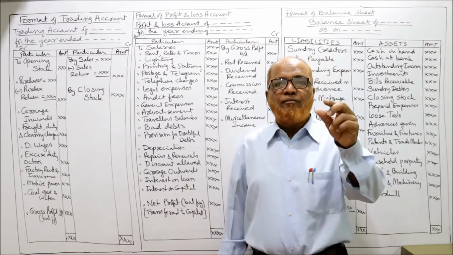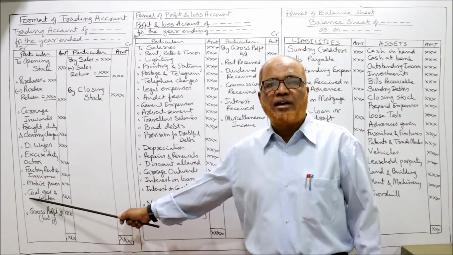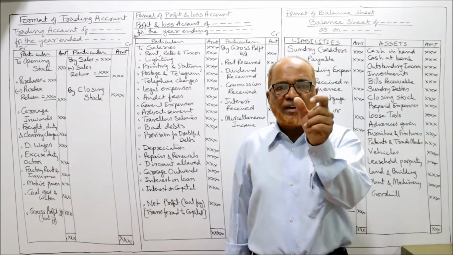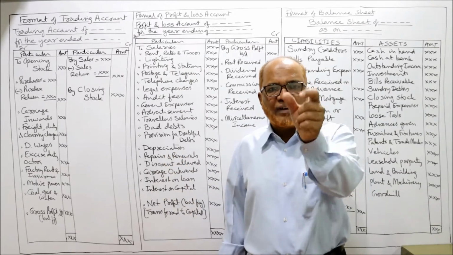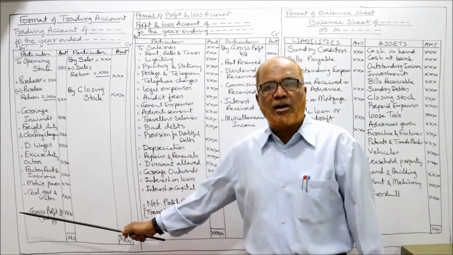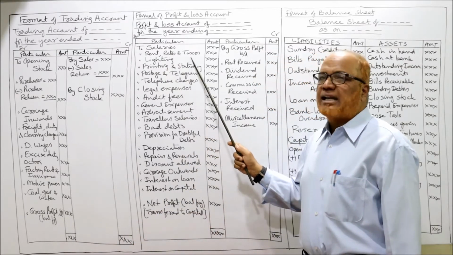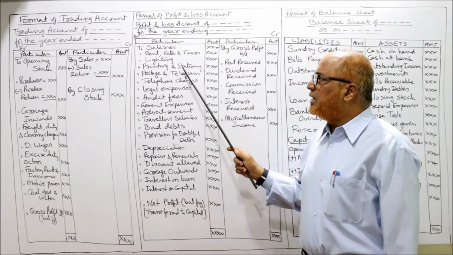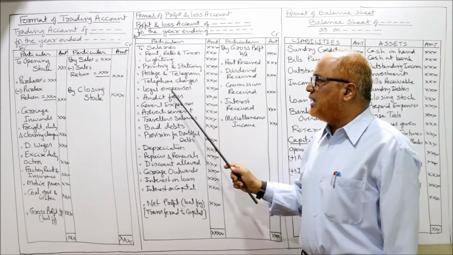If in the problem wages and salaries are given, take it to the trading account debit side. So you see the first word, if it is given salaries, P&L account. If the first word is wages, take it on the debit side of trading account. That's it. Then we have rent, rates and taxes, lighting, printing and stationery, postage and telegram, telephone charges, legal expense,